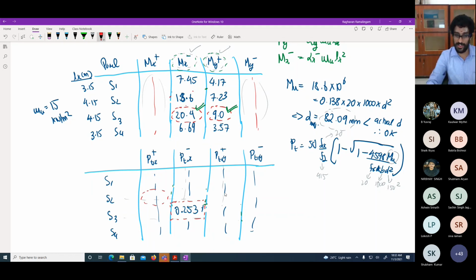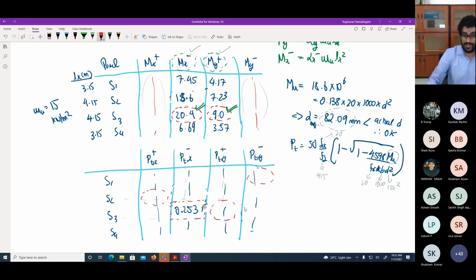Similarly for this one also you'll find something to be governing. Probably this is governing, that's what we saw over here. So you'll provide this particular PT for all the panels in Y positive direction. And similarly, if you find this is the governing for PTY minus, you can provide the same AST for all of these together.